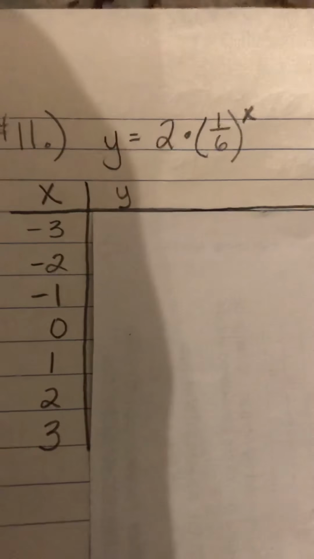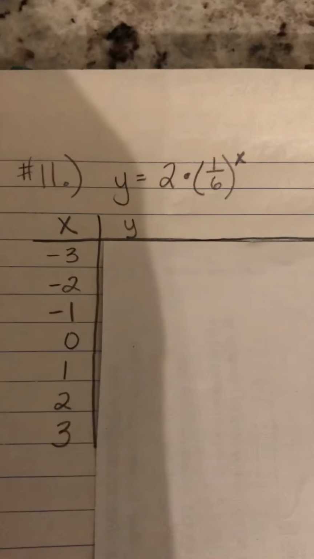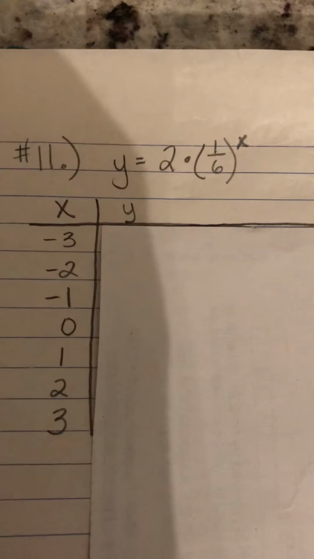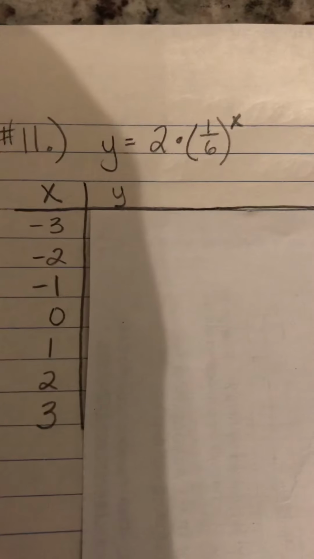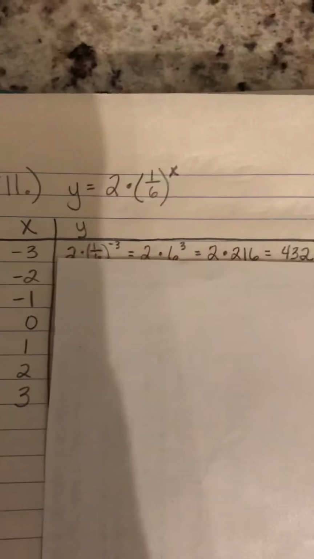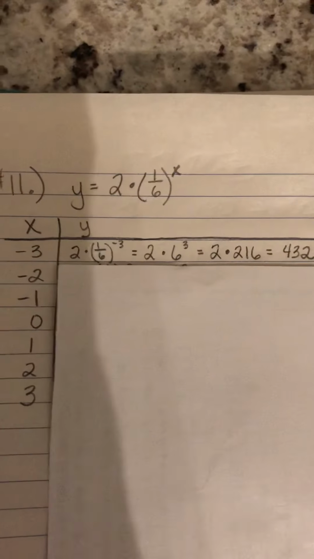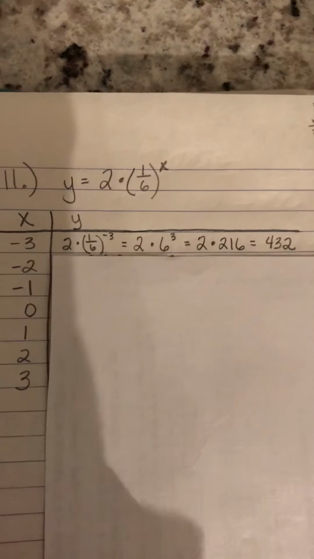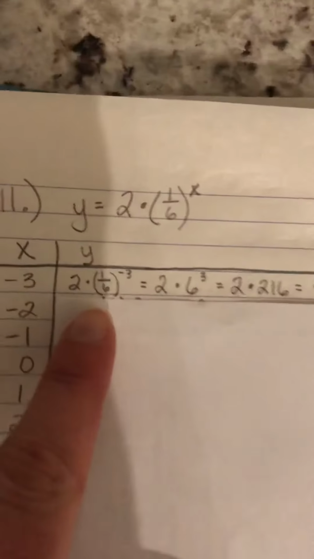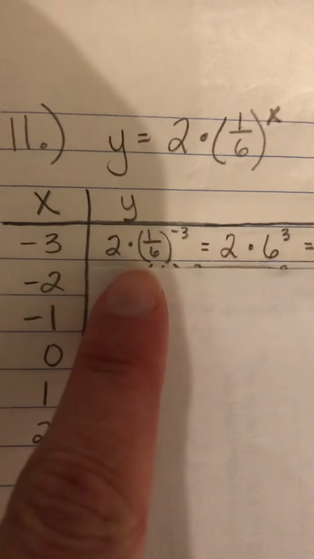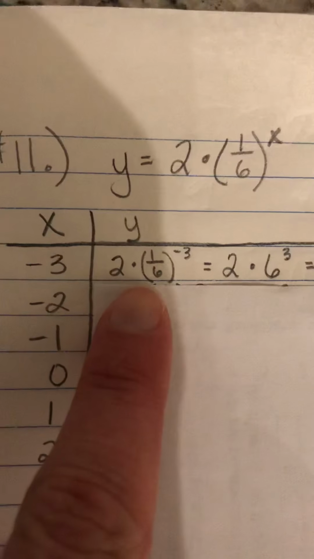If you look, you'll see that they often will just choose, like we did with linear equations, some negatives, choose 0, and choose some positive values. I have them worked out here just to save time so I can explain. Some of these x values are going to be a little bit more complex, for example, like this one. If you plug in -3 for x, which ends up being plugged in for the exponent,